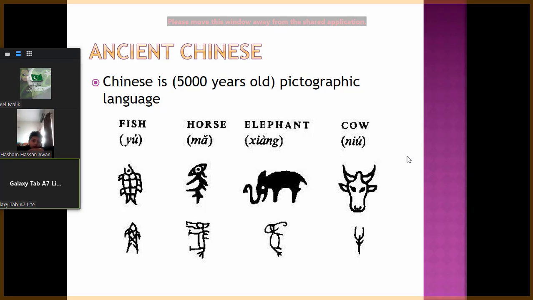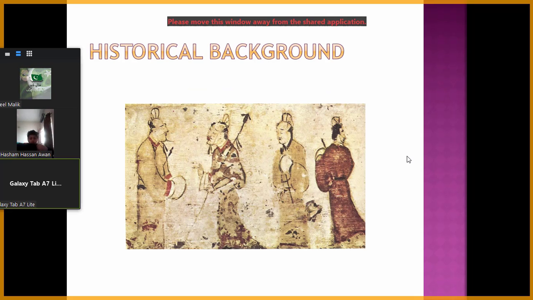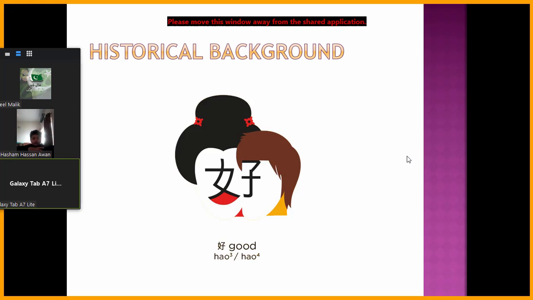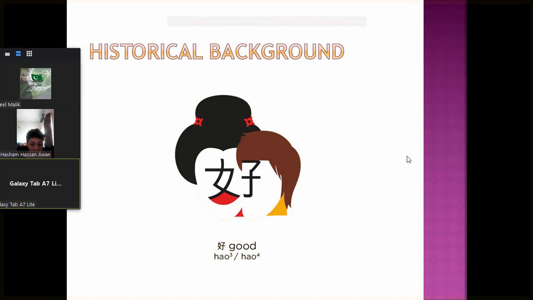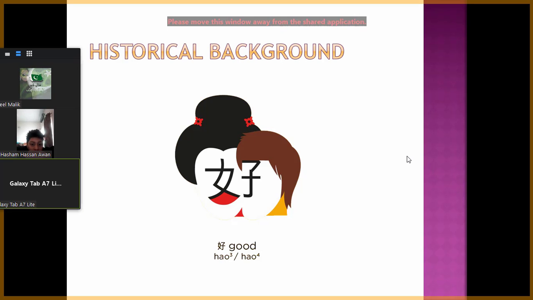Now move to next. Here, people from old ages had no knowledge about things, right? So they didn't know how to communicate or talk, so that's why they created pictures. Now you see how they make words from pictures. Here you see it is just a symbolic representation to tell you something. Like here you see, it is written hao, right?